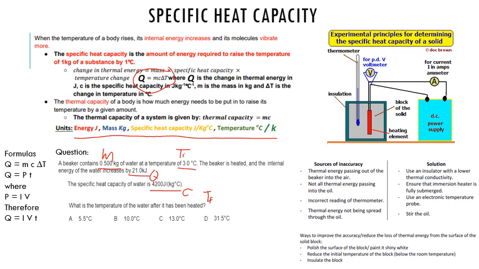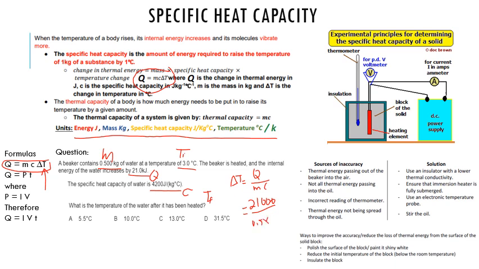Now, we cannot just find T final straight away, because we can use this equation over here, which allows us to find delta T. When we find delta T, which is how much the temperature has increased, we have to add it to the initial temperature to find the new temperature. So we will use the equation to find delta T. It's going to be equal to Q over MC, which is 21,000. Again, that's a trick if you don't put 1,000 because it's in kilojoules, over 0.5